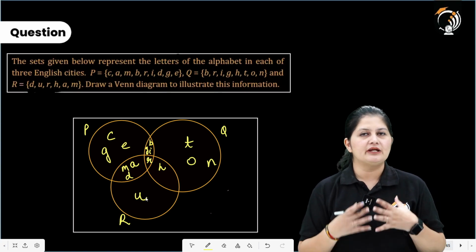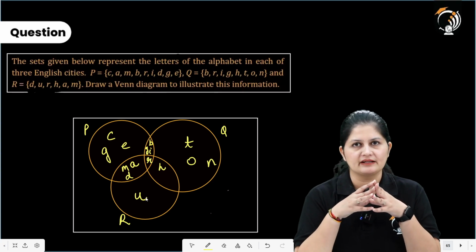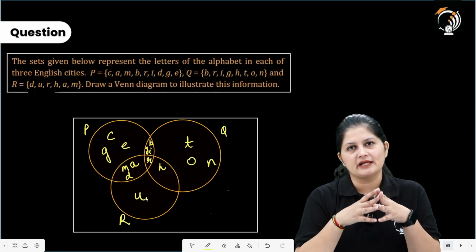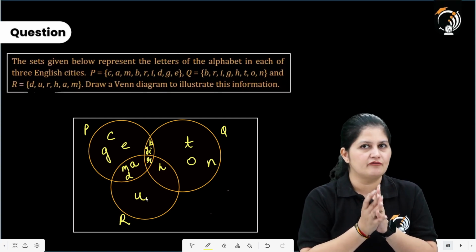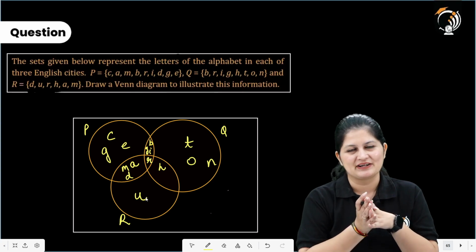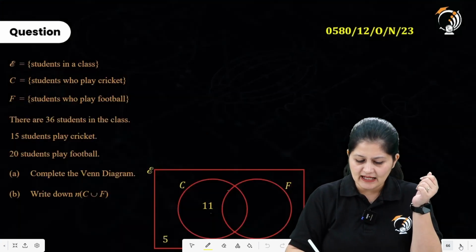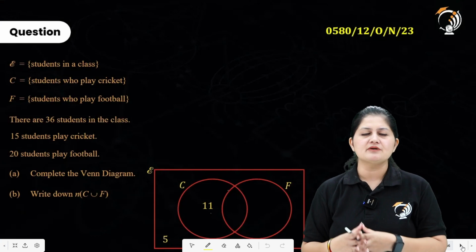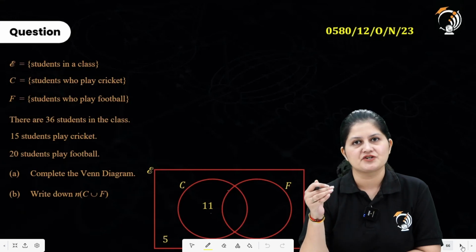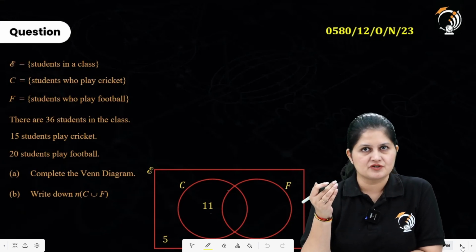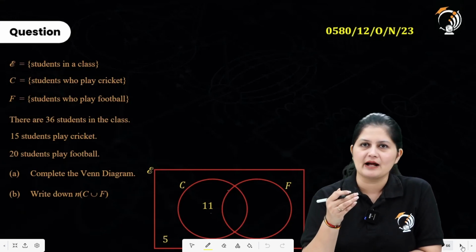So yes, you need to be very careful when we are making the Venn diagram that you are not making any mistake, especially when you have such a confused set of information or elements in the set. Okay. Now, moving forward, let's have some previous year questions and try to understand what type of questions come in your exams so that you're all prepared for your upcoming exams.